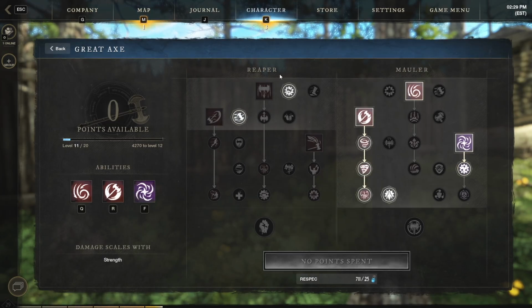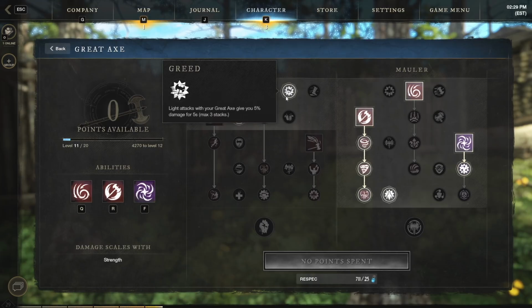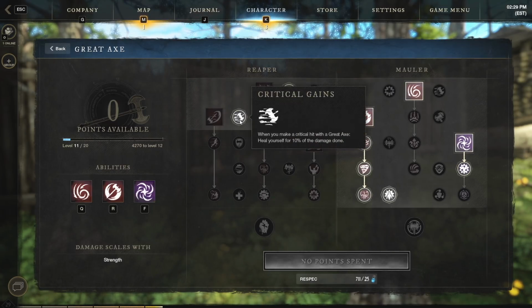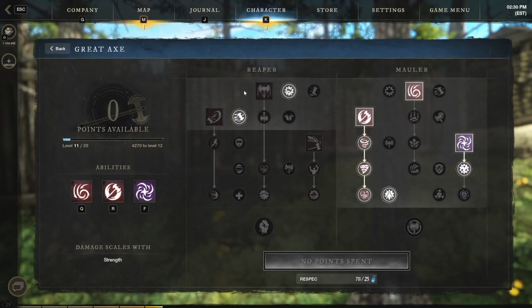Now, I wouldn't avoid the Reaper tree 100%. There's actually some good passives here. For example, Greed gives your light attacks 5% bonus damage for 5 seconds, and you can stack that up to 3 times. That's really good with just a basic light attack chain to buff up your damage before you go into one of these main skills. Also, Critical Gains is good. You get bonus healing when you do a critical hit. There's some other decent ones as well. Again, I'll have full details on these in the written guide if you want to check that out for more